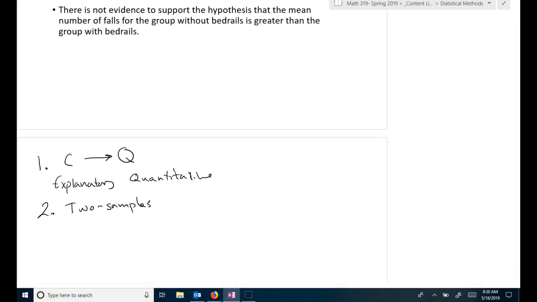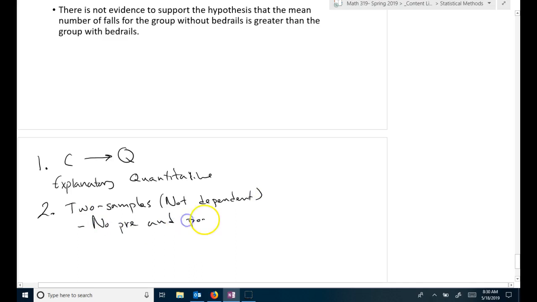And also, you'll notice there's one other thing. It's not dependent samples. And for us, that's mostly meaning no pre and post test. All we did was we went in, we tested after the fact, so there's no pre and post test, so these are not dependent samples. Then 3,